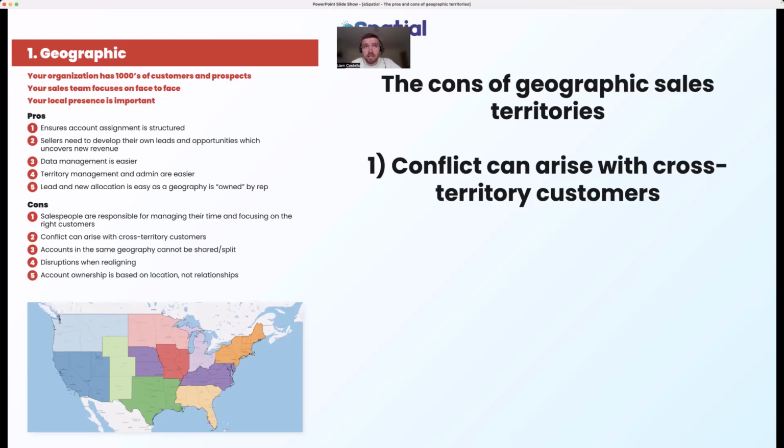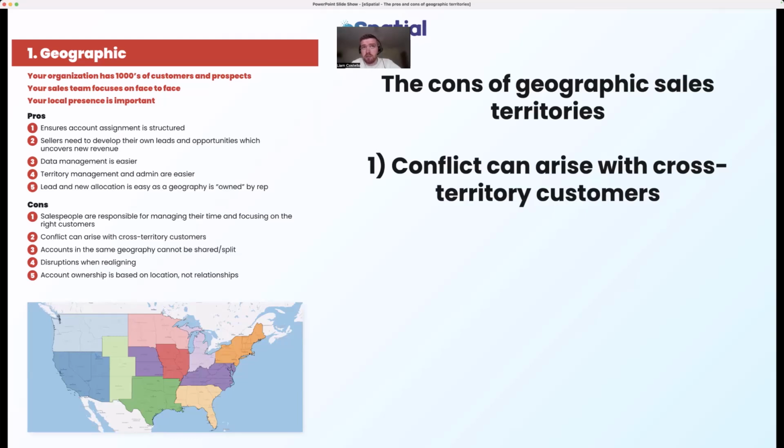Yeah, so there are advantages and disadvantages. The first one that could be a disruption, or really a conflict. Let's say, Ronan, you and I are neighboring reps. I could mistakenly go across a territory boundary, and conflicts could arise there, because I could be looking at a customer that's not technically in my geographic region. We know how granular zip codes can get. It could be the other side of a highway, or just in a neighborhood close by, just a few minutes drive down the road.